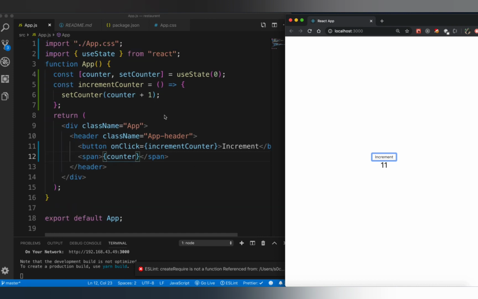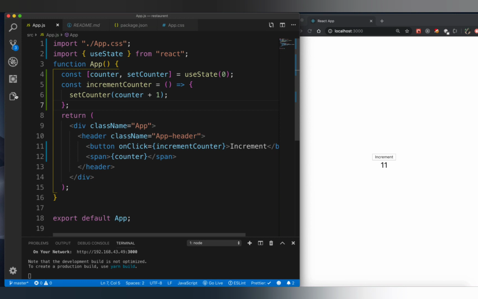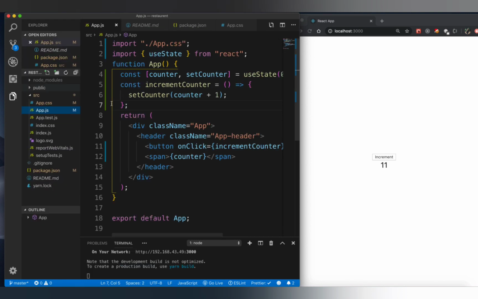Now the same thing, let's say we want to create a custom hook to do this. Instead of directly using our useState here, we want to create a custom hook. In order to do that, let's first create a file which is going to be our custom hook. So inside of src I'm going to add another file, and since it's a hook, all of the hooks start with the use keyword. So useState, useEffect, useRef and so on. So here I'm going to name the file useCounter, the useCounter hook. This is our own hook, we can name it anything, but it's a good convention to start it with use.